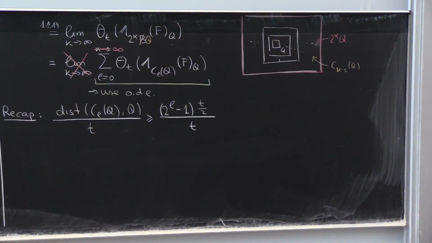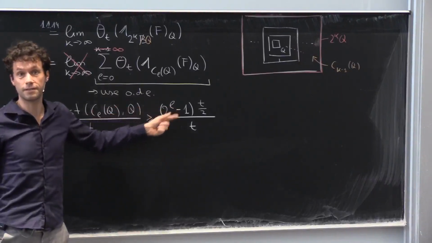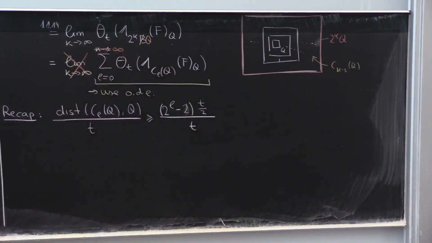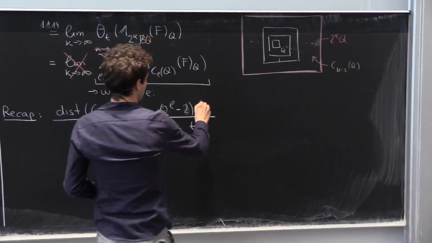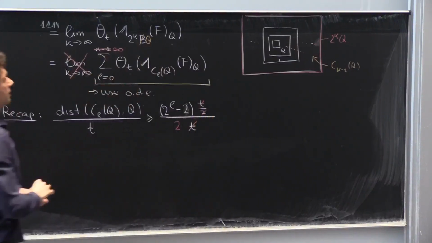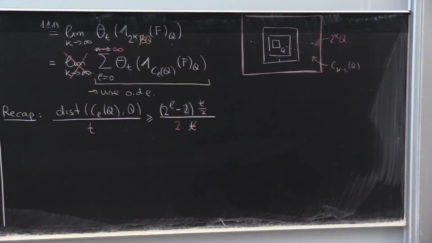The issue with this is when you set L equal to 1, then the distance is 0, but this function here is not giving 0. But we can just slightly correct it, and we put a minus 2 here, and then we're on the safe side. Then it also is correct for L equal to 1. Okay, and then you just simplify. You can cross out the t like this, and the 2 you're going to put downstairs. So it's going to be (2^L minus 2) over 2. So whenever I apply off-diagonal estimates in this context, this term here is the important one because it's going to pop up in the exponential term.